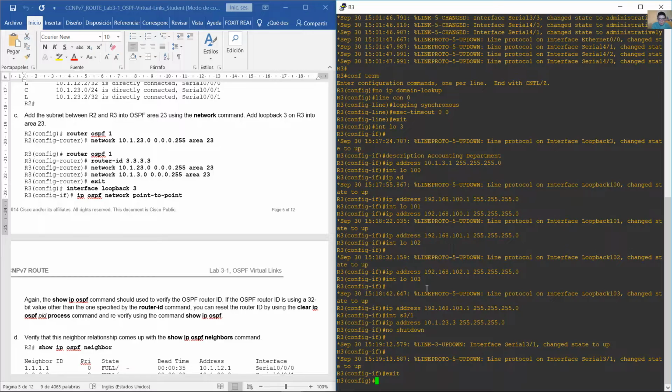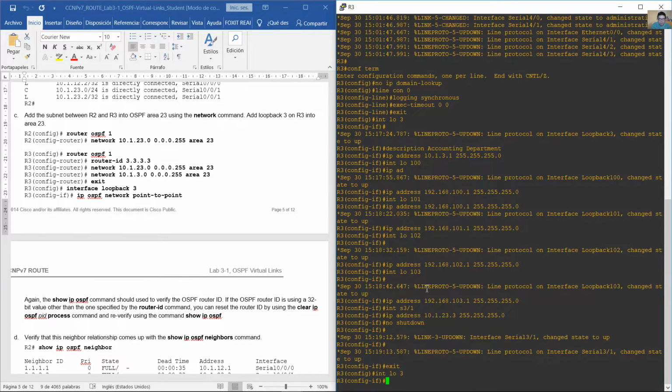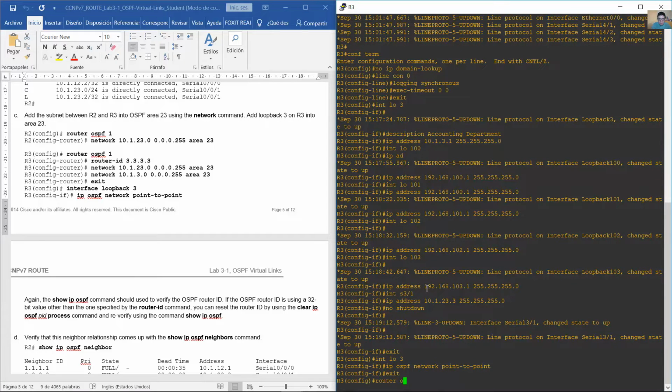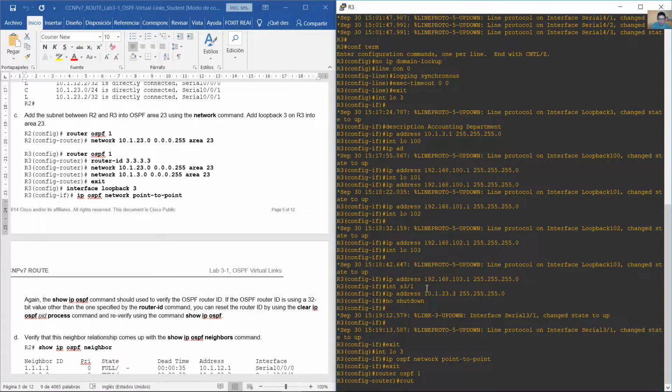Exit, interface loopback 3, IP OSPF network point-to-point. Very nice. Exit, router OSPF 1, router ID,